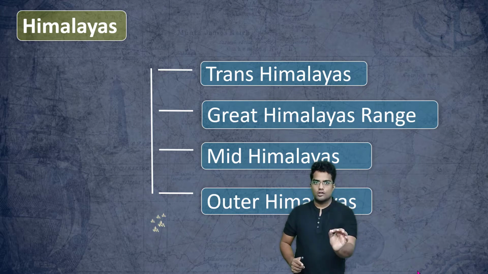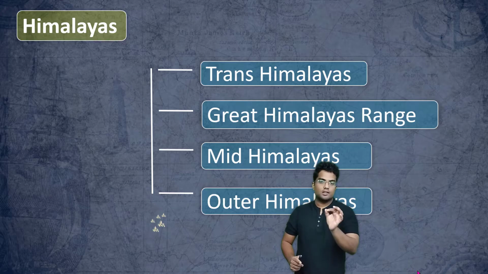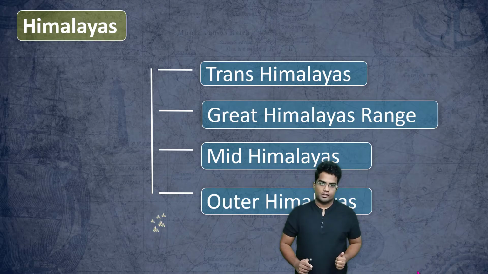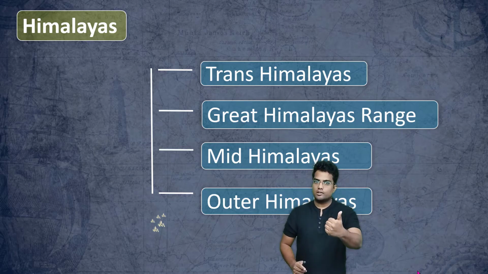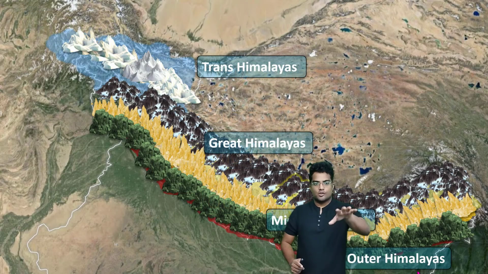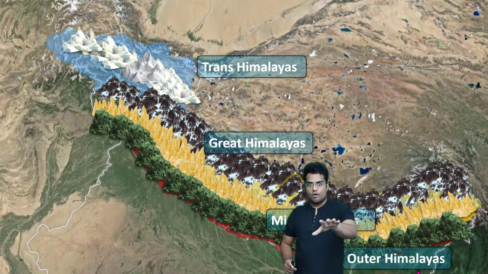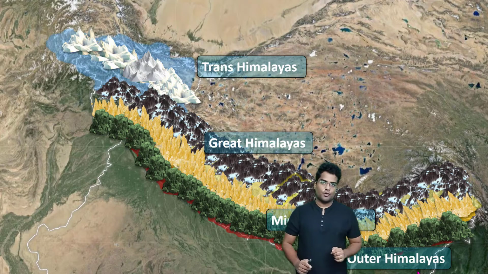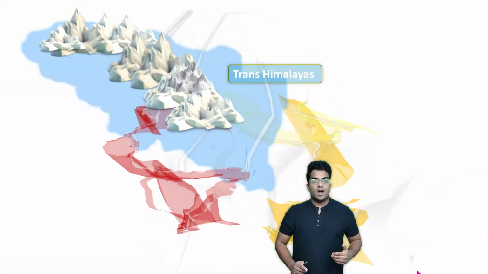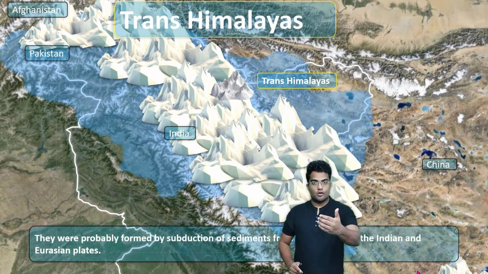Technically, we are going to focus on these 4: the Trans-Himalayas, the Great Himalayas Range, the Mid-Himalayas, and the Outer Himalayas, right? Essentially, we are discussing the Trans-Himalayas. Okay, so as you can see, this is the division of the Himalayas. At the very top you have the Trans-Himalayas, then you have the Great Himalayas, the Mid-Himalayas, and the Outer Himalayas. Since we have the discussion on the Trans-Himalayas, so this is the Trans-Himalayas,